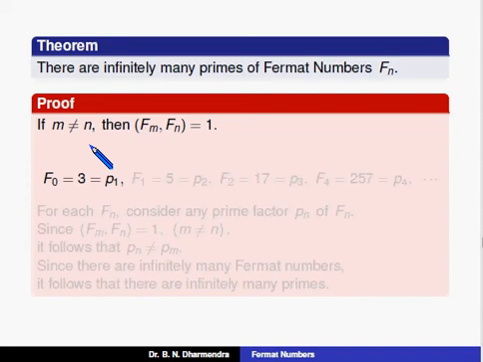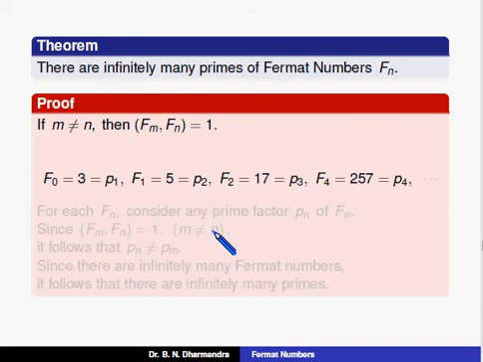We know that f0 is a prime number that is equal to 3. We can consider that one as p1. Similarly, f1 is equal to 5, that is p2, also a prime number. f2 is also a prime number, that is 17, p3, and f4 is also a prime number, 257. f0 is not equal to f1. f1 and f0 are relatively prime, so 3 and 5 are distinct prime numbers, and f2 is not equal to f1, they are relatively prime.